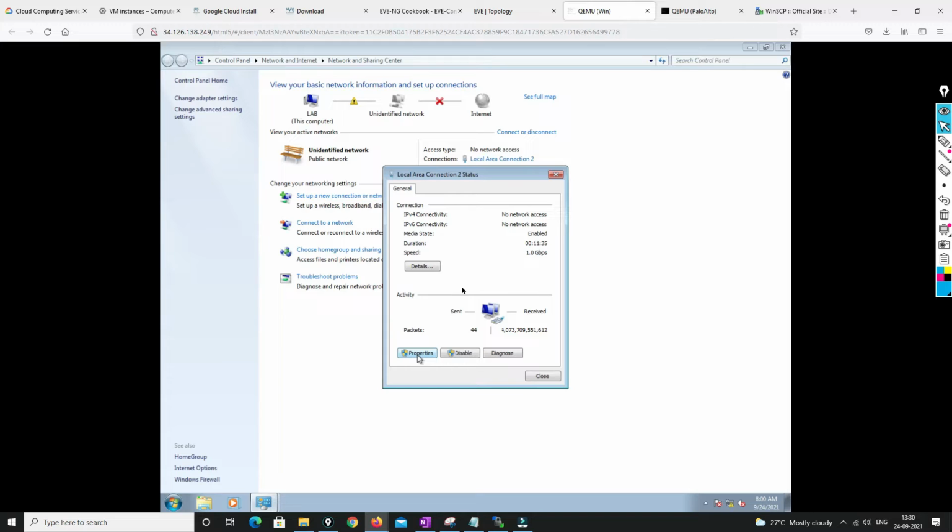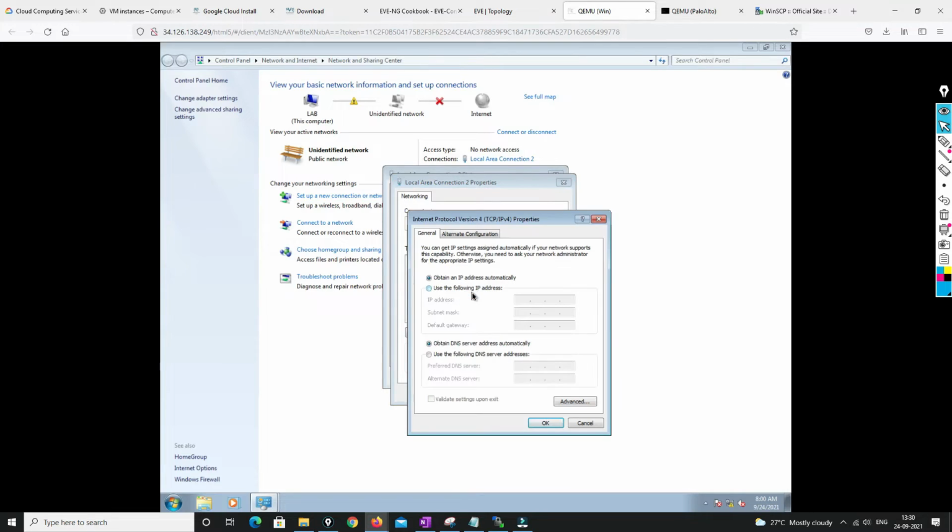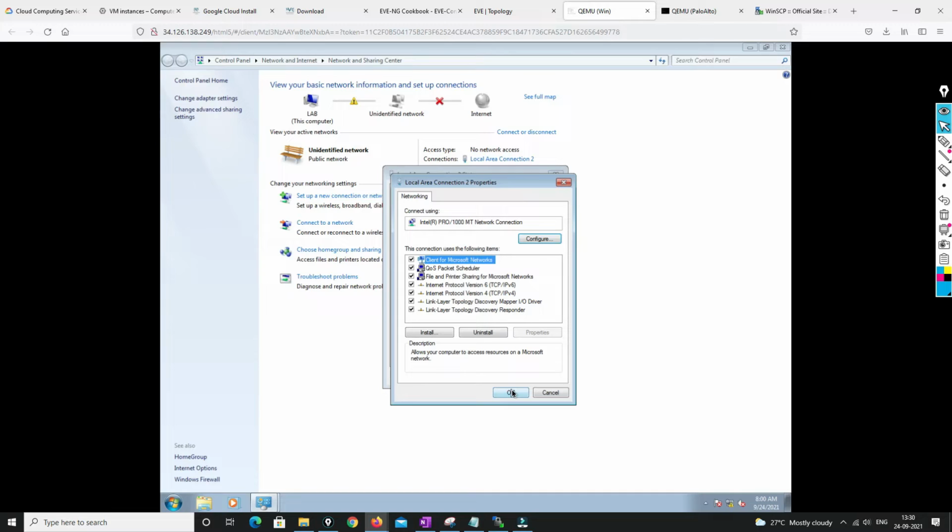Whenever you do it, at least you will be able to understand and do your lab. It will be a little slower because of the internet, but at the end of the day, you will be able to execute your lab. So that's all that matters, right? 10.1, and that is happening, but this is directly connected. That is the reason we are not giving gateways over here. Click OK,